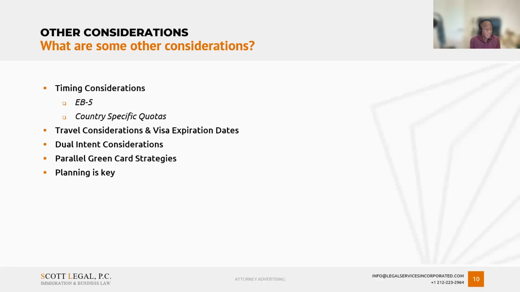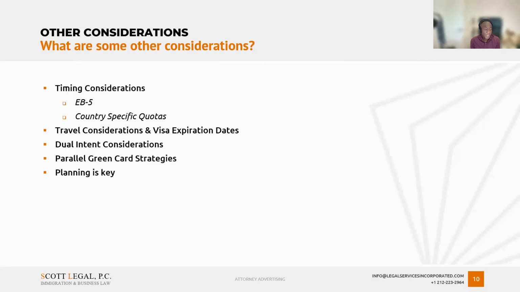The other things to consider here are the timing considerations, because some petitions like EB-5 take a long time to be adjudicated, like 3 to 5 years. And then also sometimes there are backlogs that occur. So the visa bulletin that Yonki mentioned earlier is like a crystal ball with respect to when things are current and when they're not current. So you do have to make sure that your underlying status is being maintained. So that's something that you have